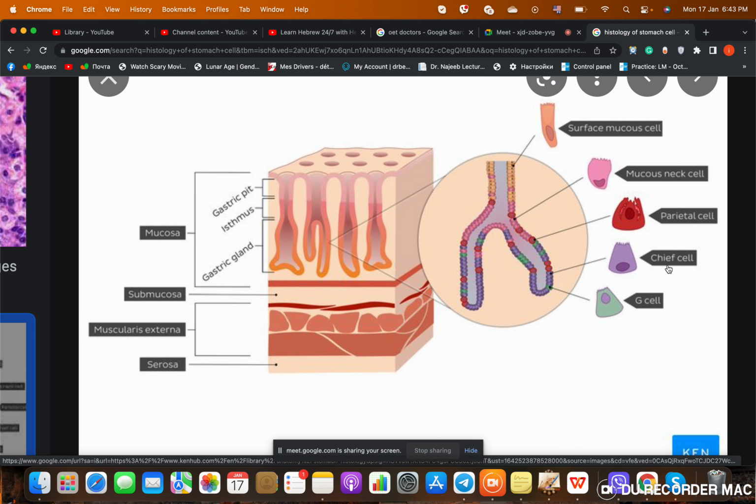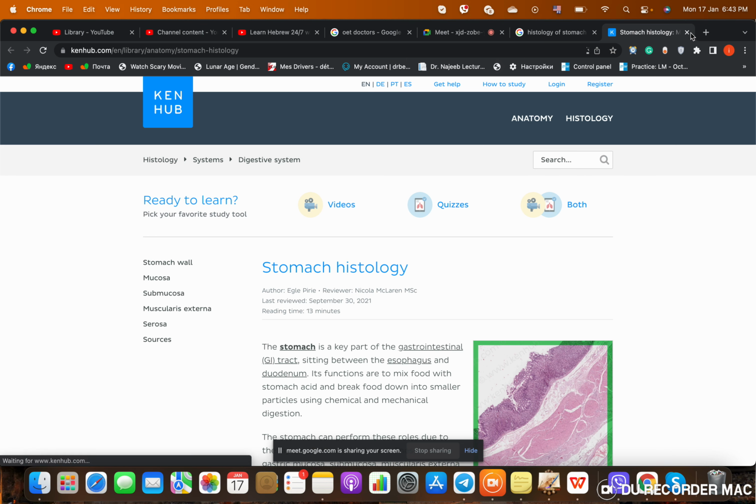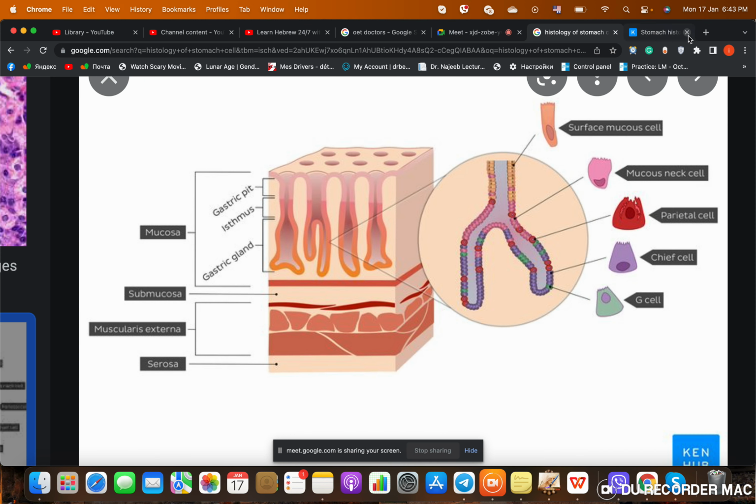The chief cells, they're in the basement. Remember when I told you the chief cells are in the basement, basophilic? Yeah? So the chief cells are in the basement. So next time they show you a picture like